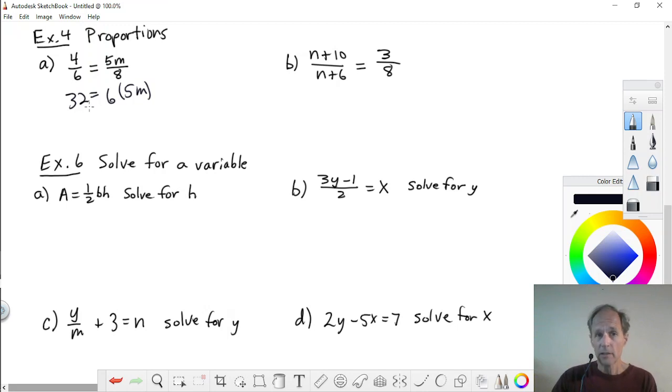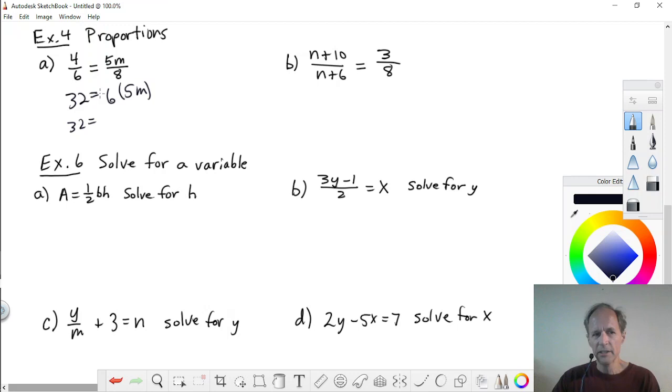The point about cross multiplying is that's a step that you can always do without changing the solutions. So it's the easiest way to start these problems out. I need to back up a second though. After you cross multiply, often you'll have some simplifying to do. So look for that. So the left side's 32, and on the right we've got 6 times this quantity 5m,